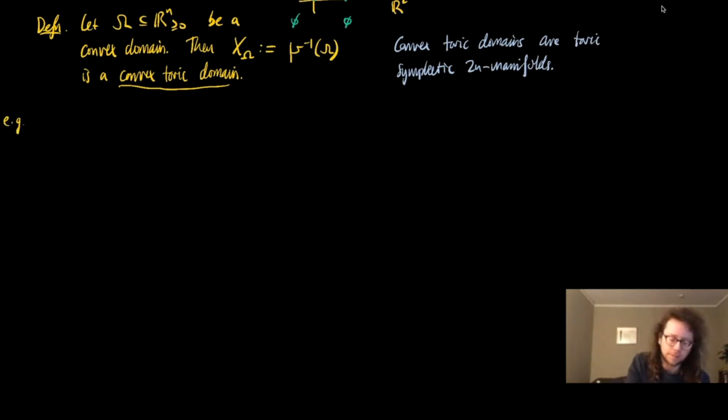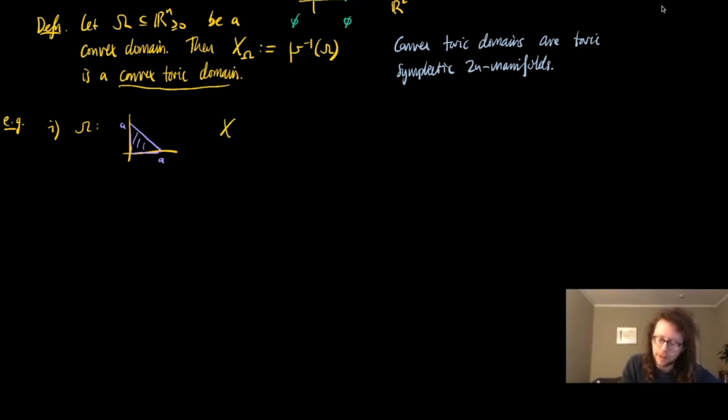And so it's not so hard to see from that kind of direct picture some examples, that actually a lot of very classic symplectic manifolds can be obtained in this way. For example, if omega is just a right triangle like this, which is equilateral,